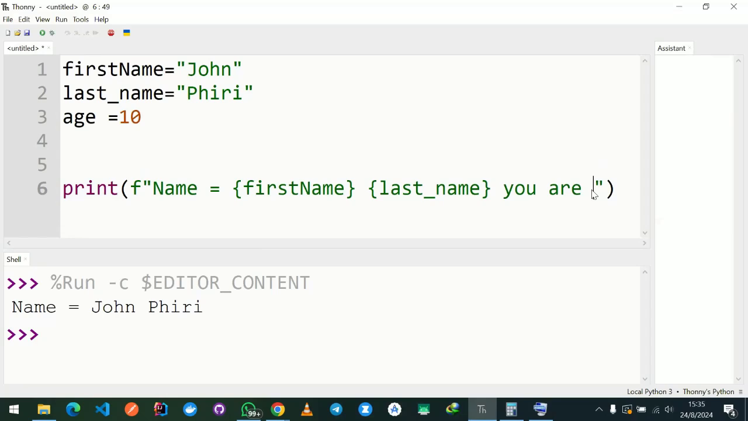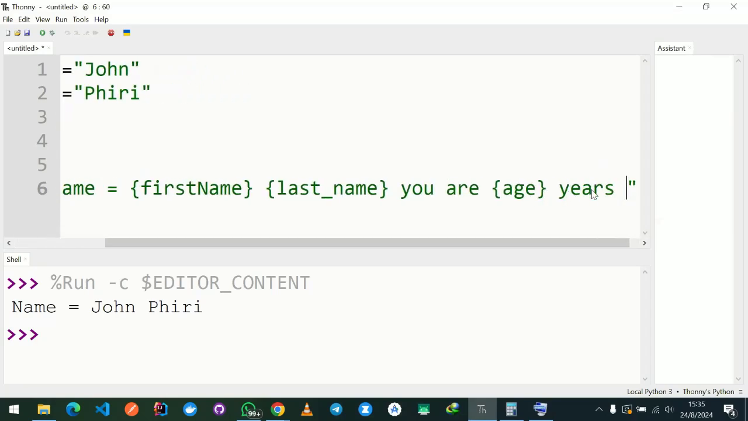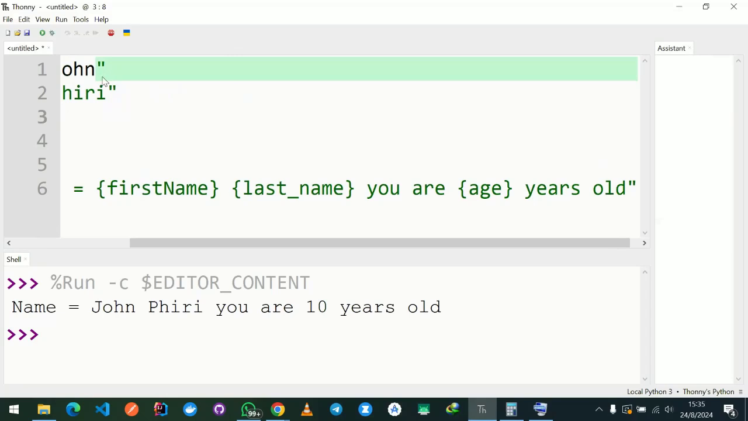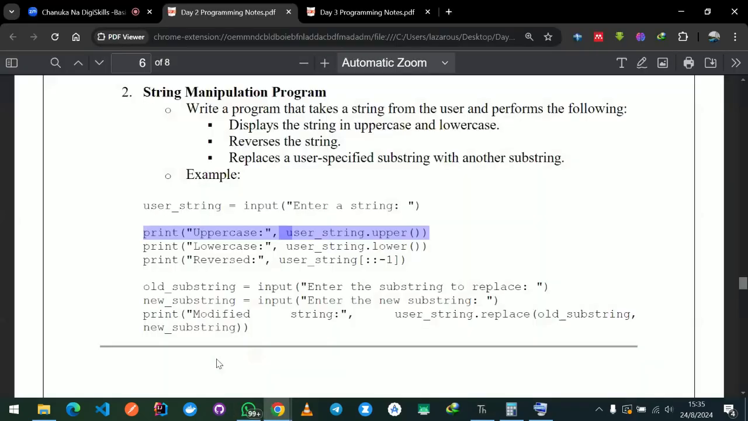I can have as many variables as I want. You can see that this is a variable, this is a variable, this is a variable. Then let's move on. So I was saying this is, but if I only want to make use of one variable, I can use